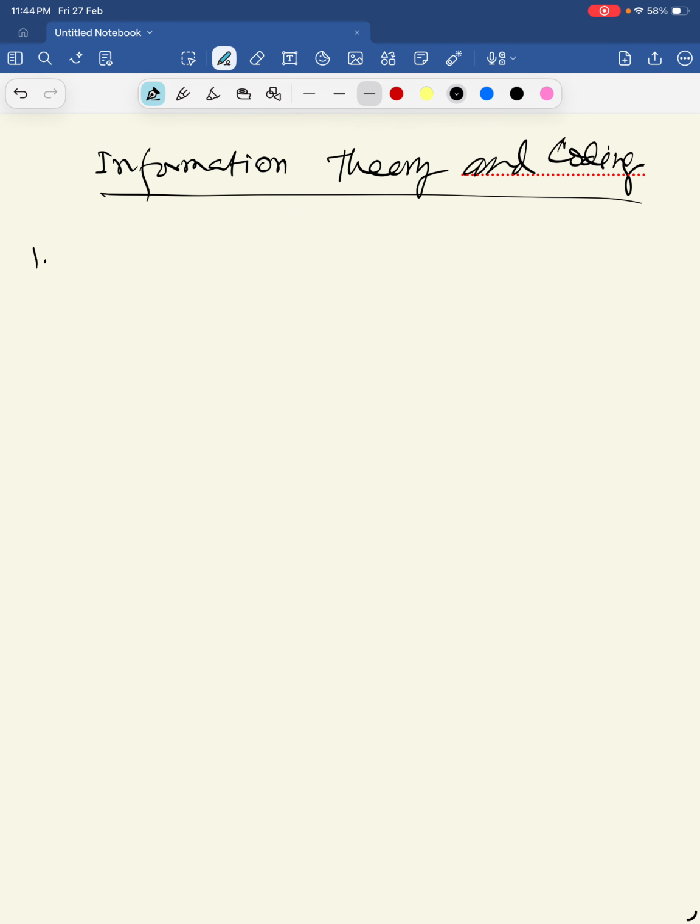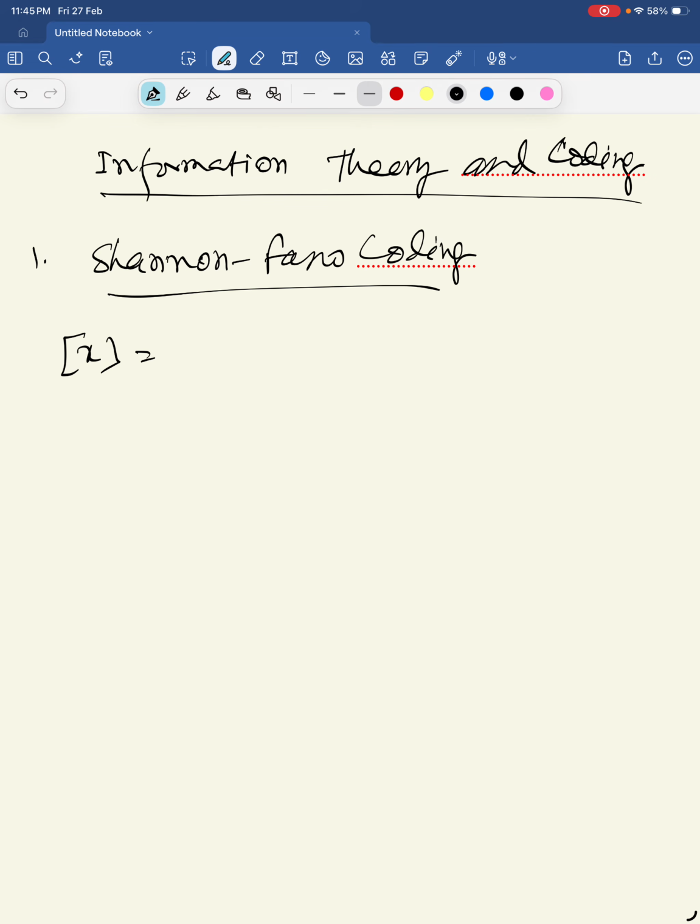First, the coding technique I am going to discuss is Shannon Fano coding. We will practice some numericals based on Shannon Fano coding. Let us take one example, one numerical: x is there, and the messages are x1, x2, x3, x4, x5, x6, x7, x8, and corresponding probabilities are,